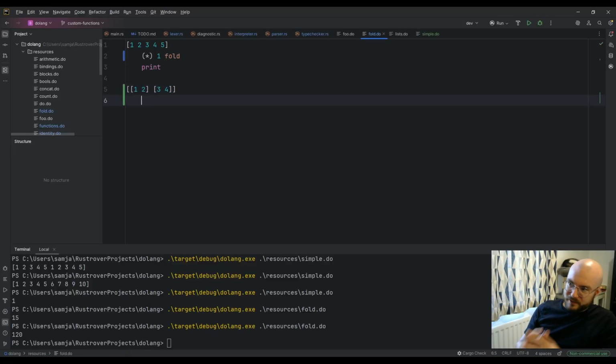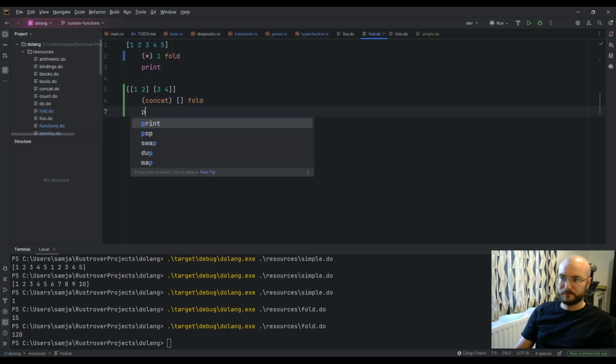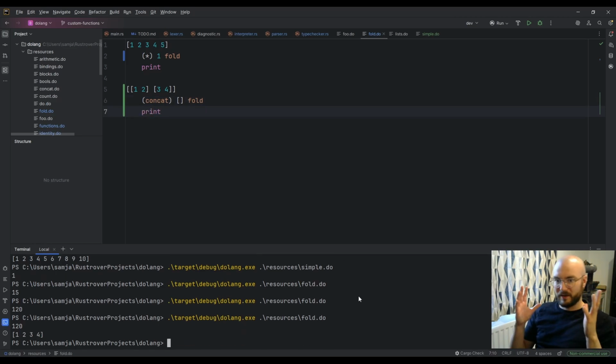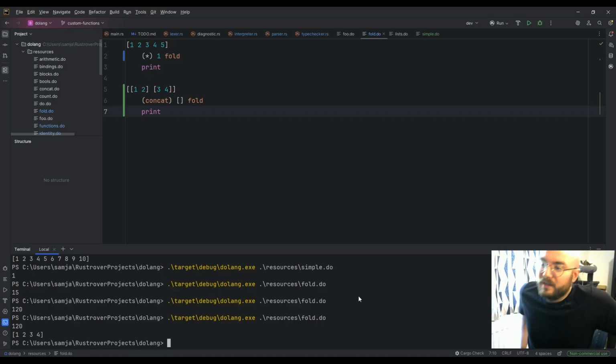So I can do this, and I could do concat with an empty list, and fold, and print. And that sort of flat maps. I guess it's not really flat mapping. It flattens the list.